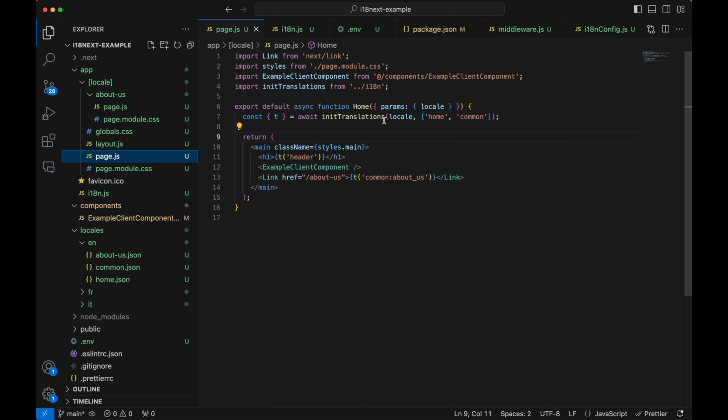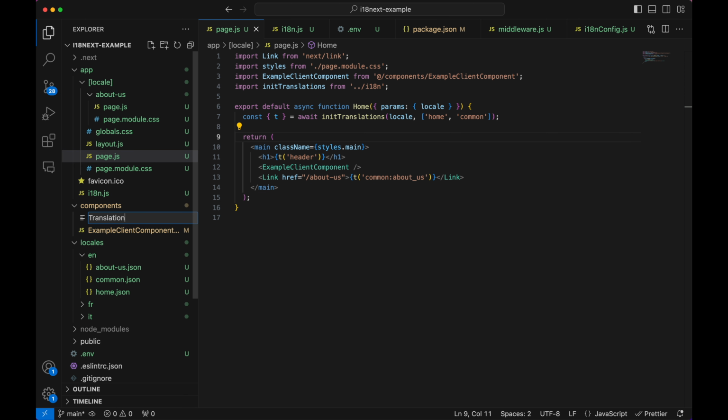All right, so all of our translations right now are loaded on the server side in this server side component. And in order to get them to all of the nested client components in this page, we're going to use a provider. So this provider will be set up once per page to provide translations to all of the nested client components. So over here in my components folder, doesn't really matter where you put it, I'm just going to call this one translations